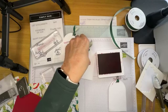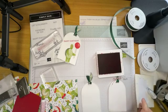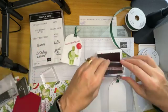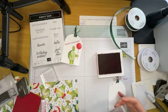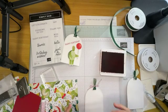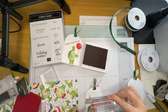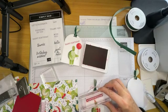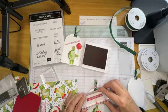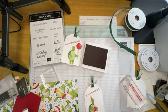Right, that's him. Now we're going to do another one to go inside the card, and we're going to use some other words. So we're going to use let's celebrate. Now this one I might put inside the card just because it's a little bit different, and I'm going to, where's my little man here with the present? Here he is. So I'll still do let's celebrate here. So we'll go across this way like that. Let's celebrate. I'm going to pop him up. I may even cut another image out and put down here,